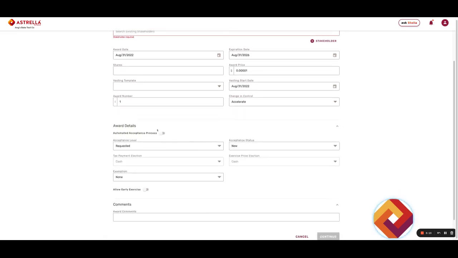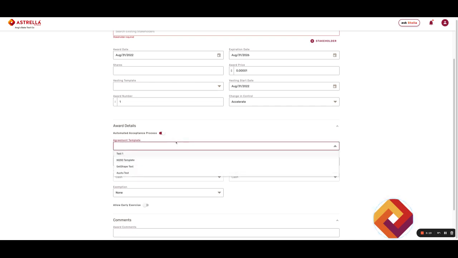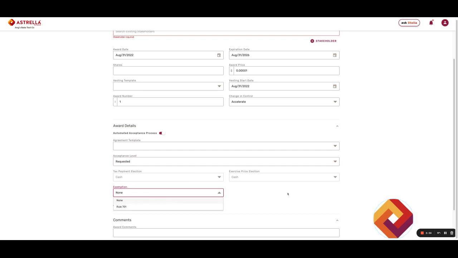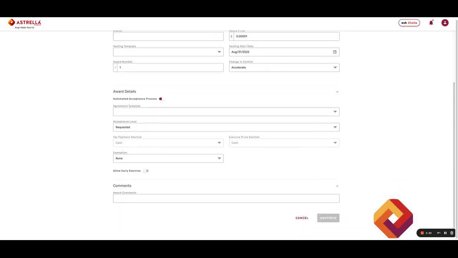And then if you would like to use our DocuSign process, you will then select the automated acceptance process and select your agreement template. Then you'll select the acceptance level, which will be requested or required. And for an ISO, you can see that these two are blocked as cash due to the rules associated with ISO, and then the exemption, if there is one, for Rule 701. You can also add any comments to the award as well. So give me a minute to fill this out, and then we'll go ahead and take a look at the